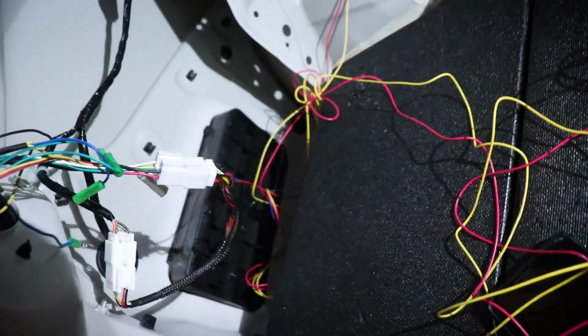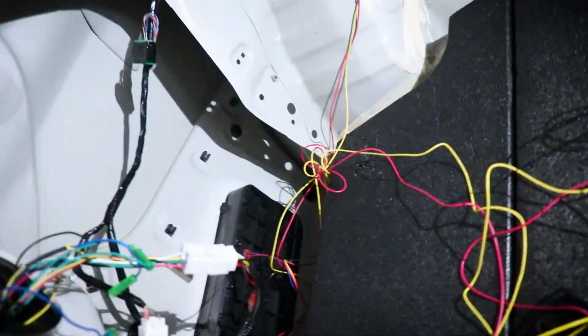About 20 minutes later, I figured out a few things. I didn't even have to push these things inside, because when you tighten these, it automatically makes this fit. So I completely destroyed this thing for nothing. That was stupid. Anyway,